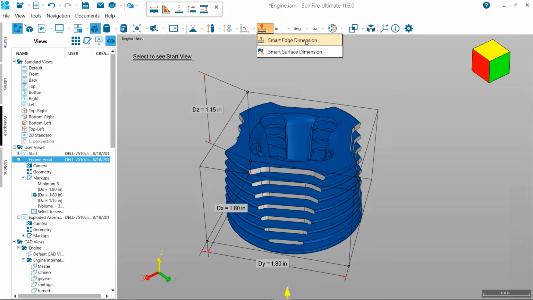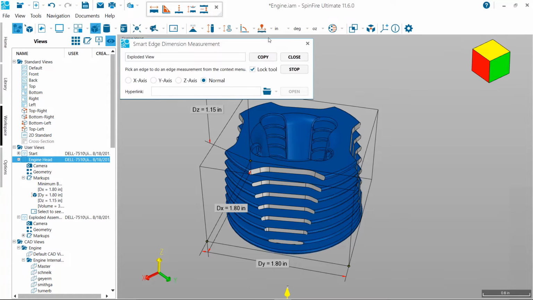The Smart Edge and Smart Dimension. Well, why is it called Smart? Well, we had to think of something for it, right? So we called it Smart. No, that's not the only reason. The reason it's called that is when I go into that feature,